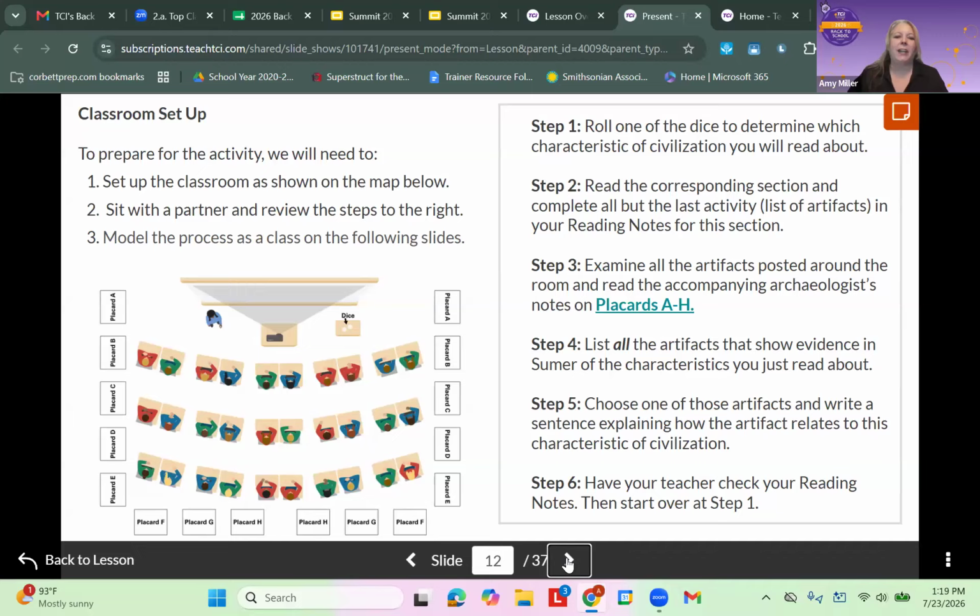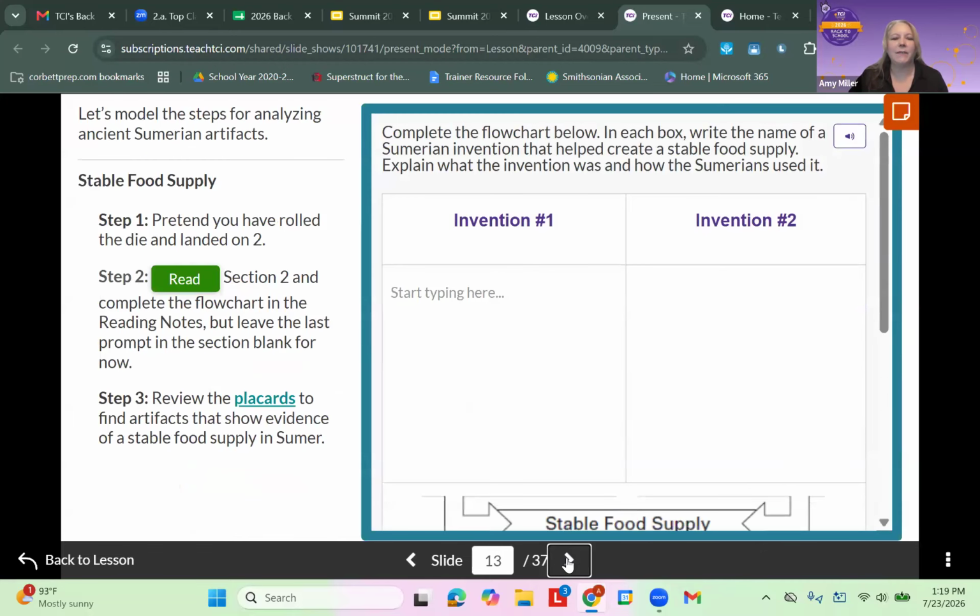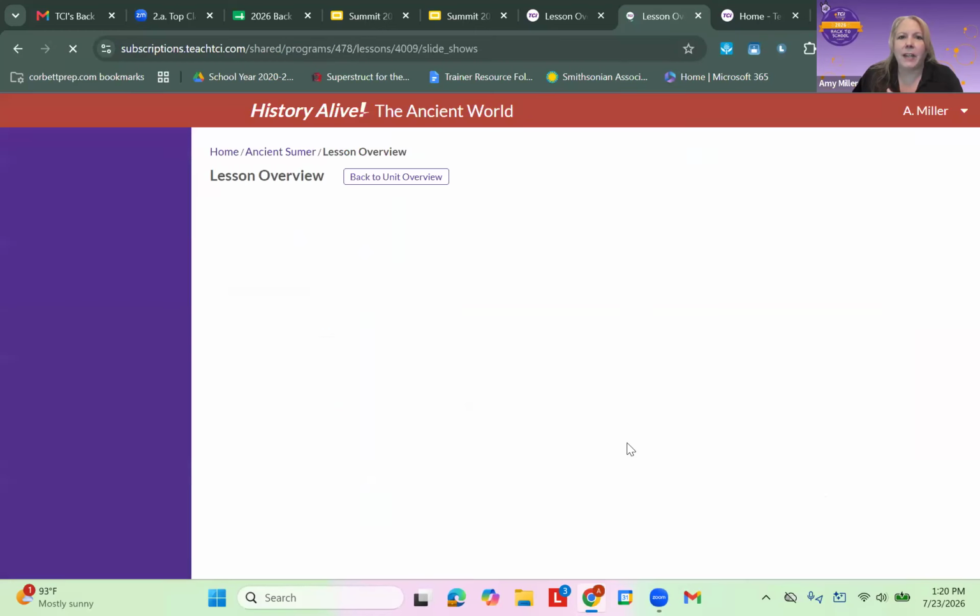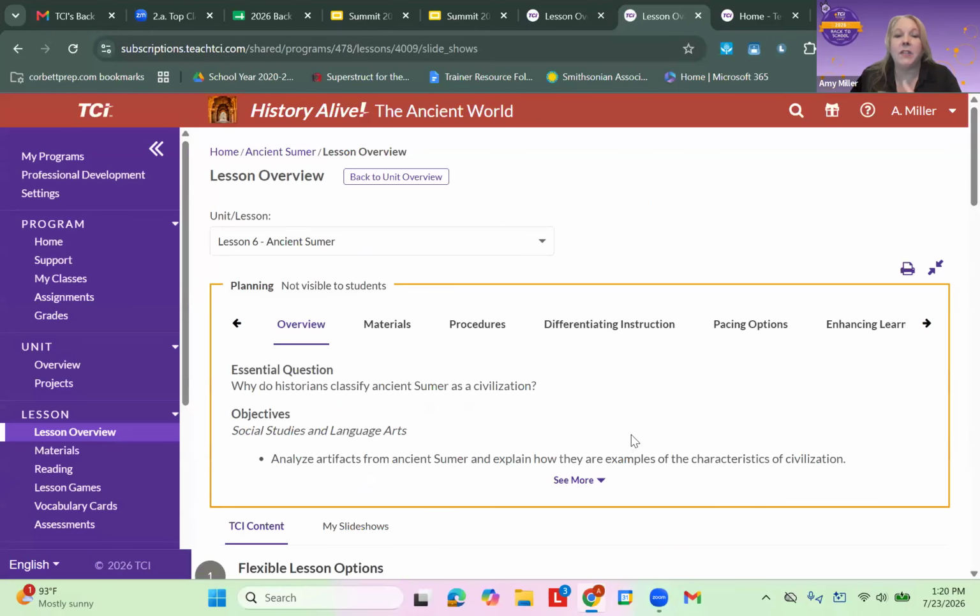Last Pair Standing is a game where they stand if they can justify that that artifact is a characteristic of a civilization in ancient Sumer. Now, one of the great parts about this lesson, as I mentioned earlier, is that some of these lessons build on each other. And ancient Sumer's lesson sets the foundation for kids learning about civilizations throughout the course of the curriculum